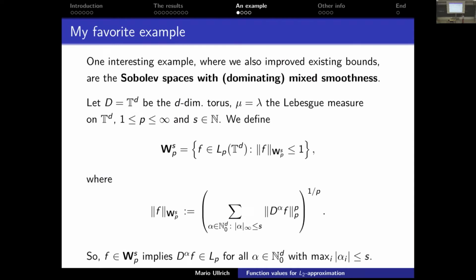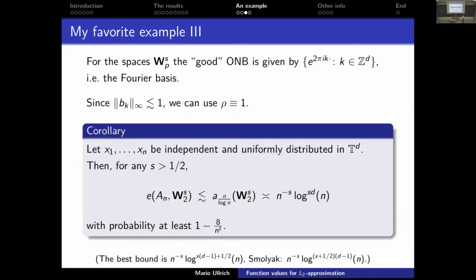Okay. So what we are doing is we just sample with the uniform density, independent and uniformly distributed in the torus. And we take n points, and then with n points just thrown into the cube, we still get this bound here. So as I told you, you need some logarithmic oversampling, which is now hidden here. So we get n to the minus s times log to the s times d times n. Okay? So this result is basically due to David and myself, and Tino and colleagues then improved that by using this downsampling procedure. So okay, that's the purely random result.